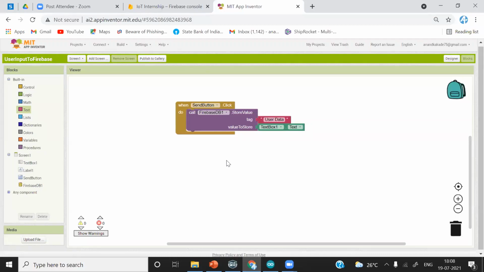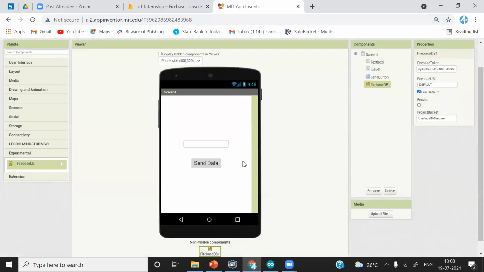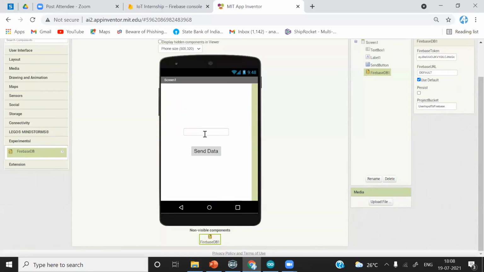Okay. Now after that, what do we want to do? We want to erase the user input. Whenever you are typing any text in this text box, it will remain as it is. It will not be deleted; you have to manually delete that text to put another user input. For that reason, whenever we click this button, we will automatically delete the previously entered text in this text box.